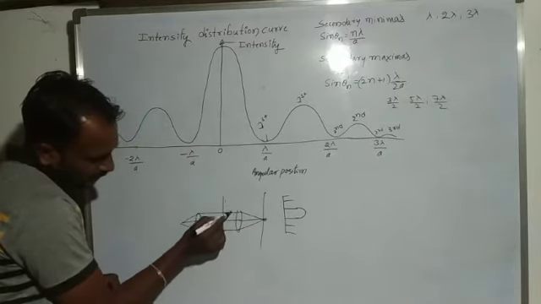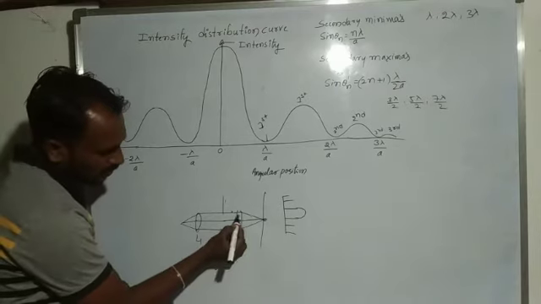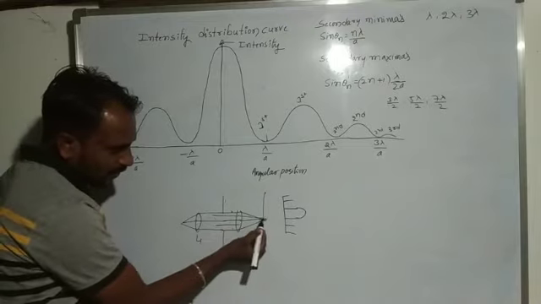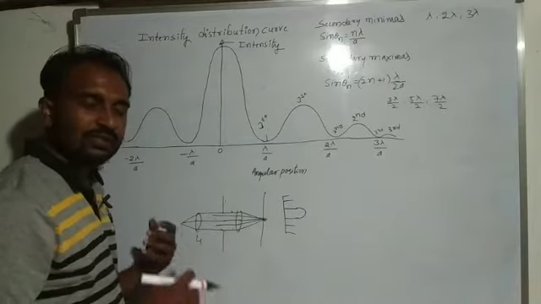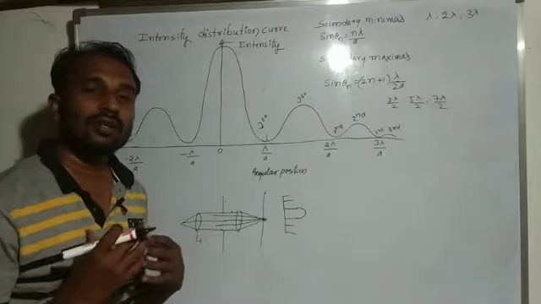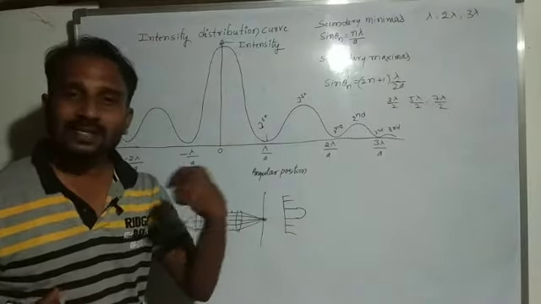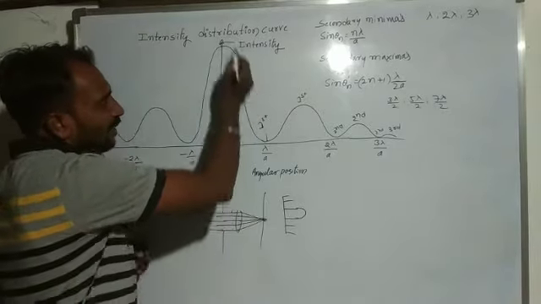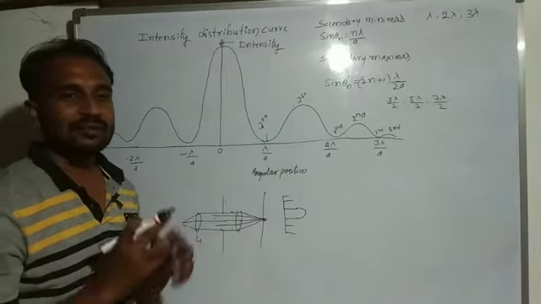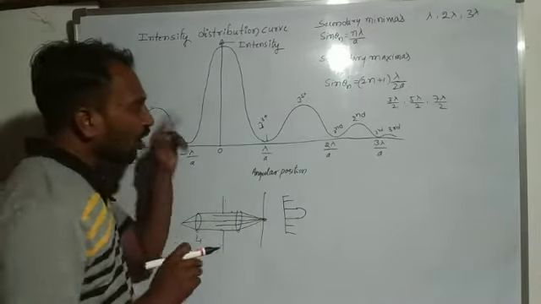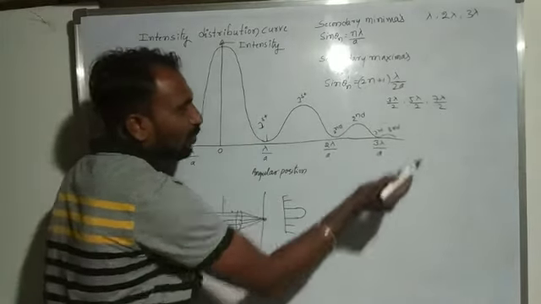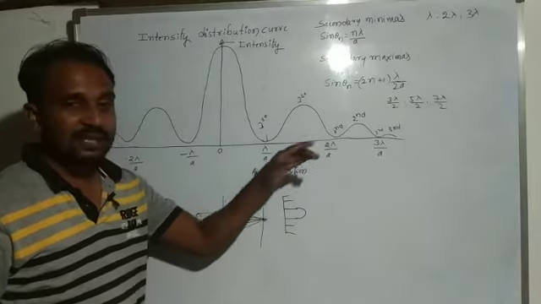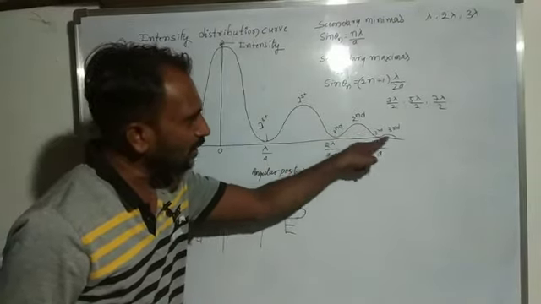These two we consider as two waves, and their path difference is zero. Suppose we consider another wave and its corresponding wave, their path difference is also 0. When the path difference is zero, the intensity of the fringe is maximum. So here we get the central maxima, which has maximum intensity. Afterwards, the intensities of the secondary maxima go on decreasing.